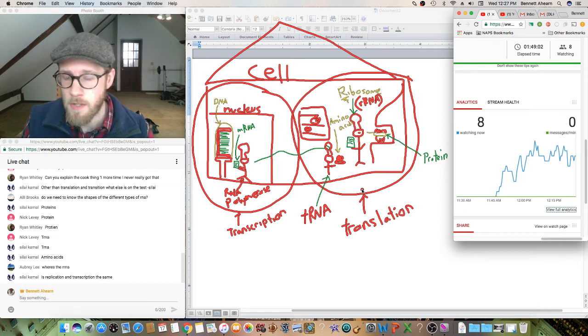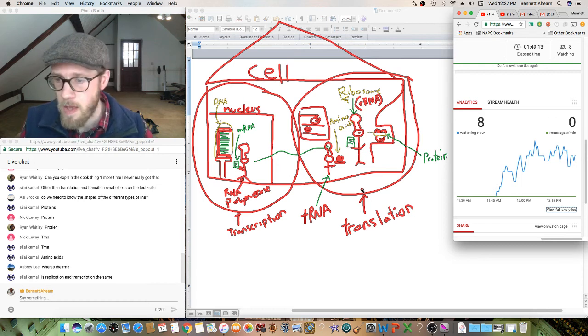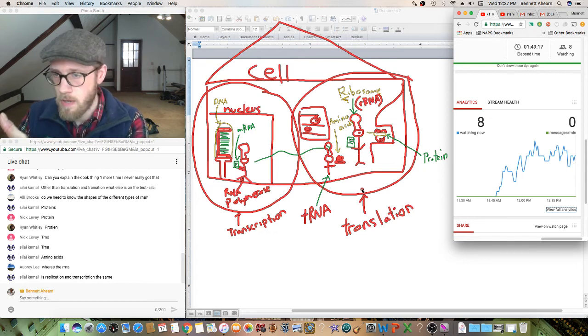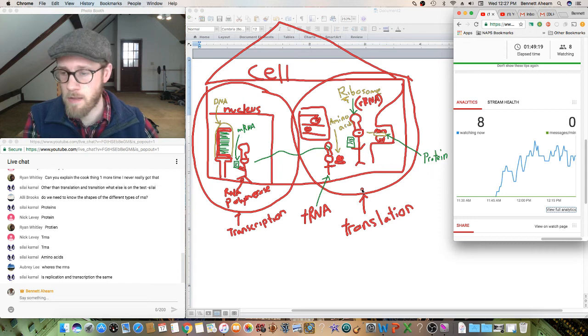So if I want to translate, I don't know, Soleil is speaking French, maybe, I don't know if she actually speaks French, but Soleil is speaking French, and let's say Jose is speaking Russian. If I speak both, I can translate. I can take the Russian and turn it into French, or I can take the French and turn it into Russian. So the ribosome, in order to be able to speak protein or to be able to read